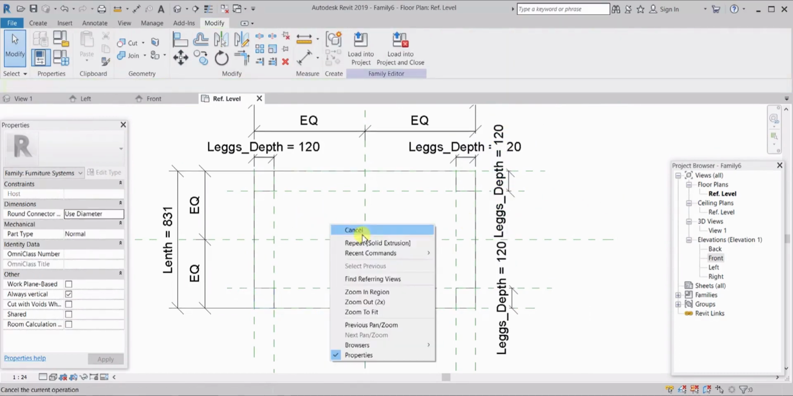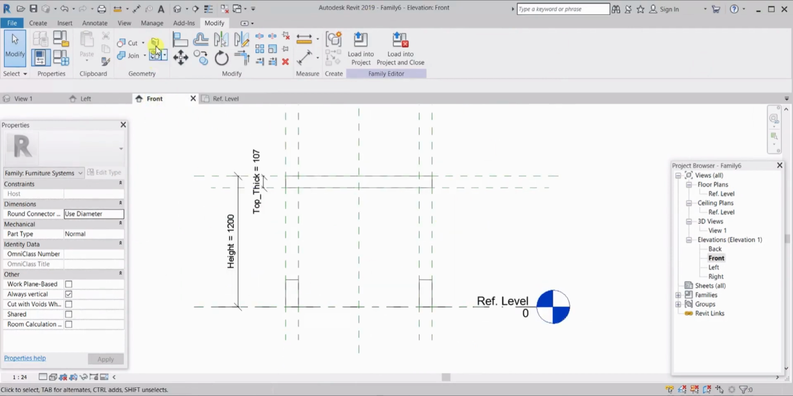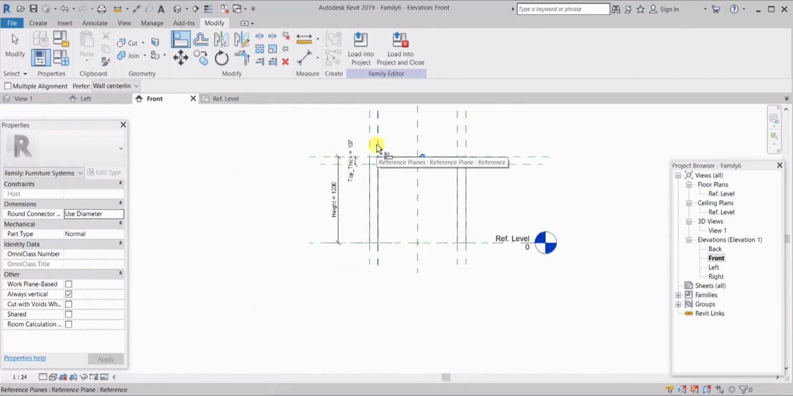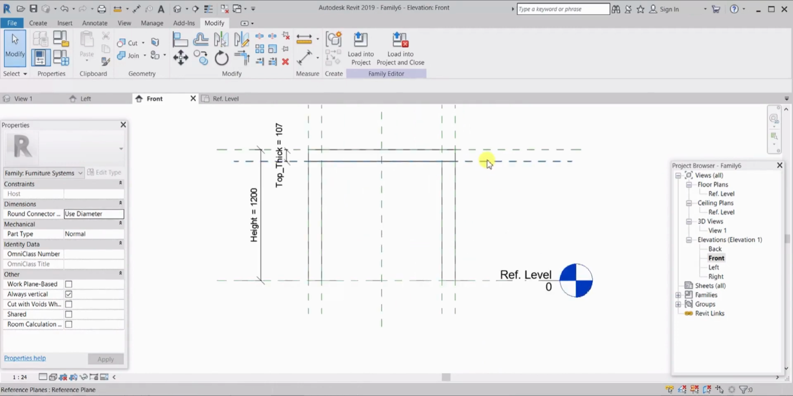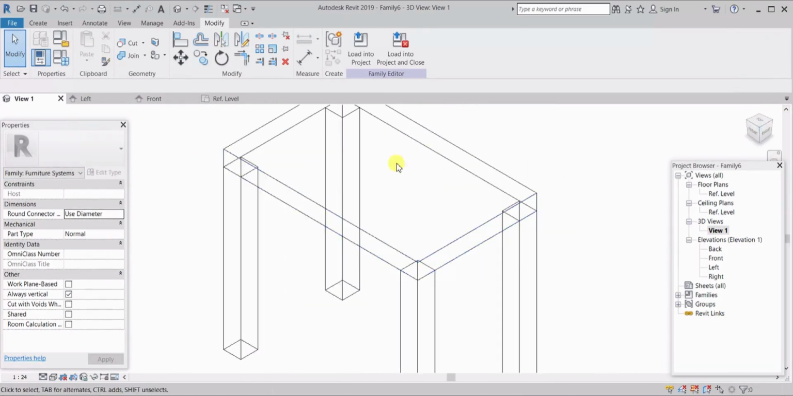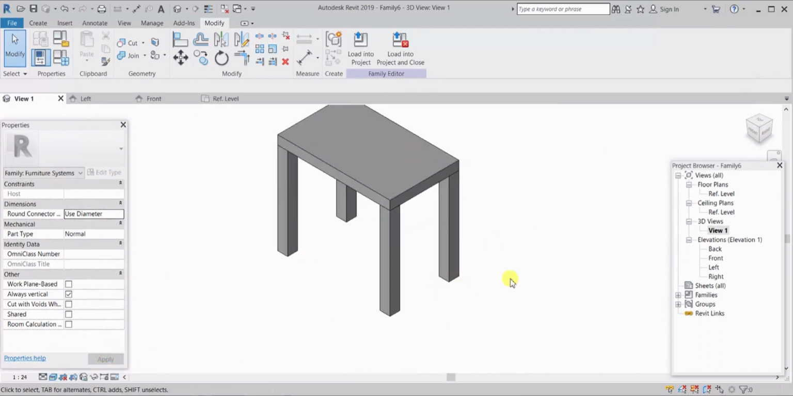Okay, here we go. Now we'll go to front. We will use align. Use this one, lock in place, align again this other leg, lock in place, align again, lock in place, align this and lock in place. Now we will go to 3D view. Let's see what we have created. This is the table, in realistic mode, and as you can see, the table is created now,